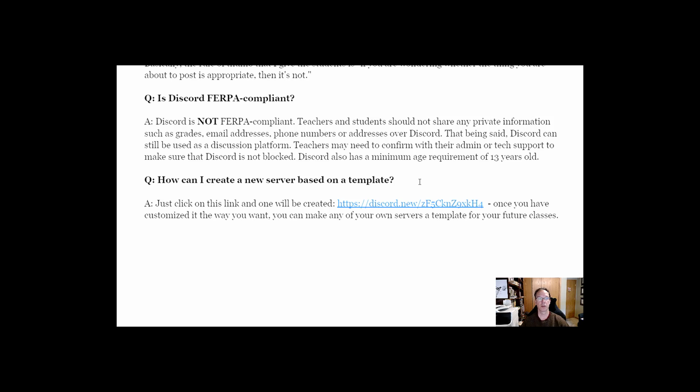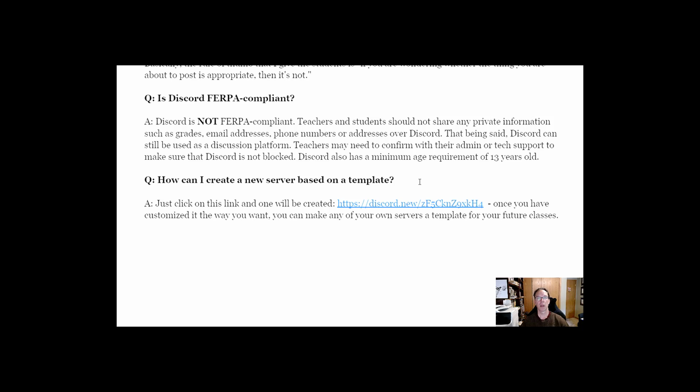So just remind students not to post any personal information. Their names are not FERPA compliant, so that's fine. But nothing about grades. Don't send students grades, or obviously addresses, phone numbers, stuff like that. It's perfectly fine as a discussion platform, but it's not